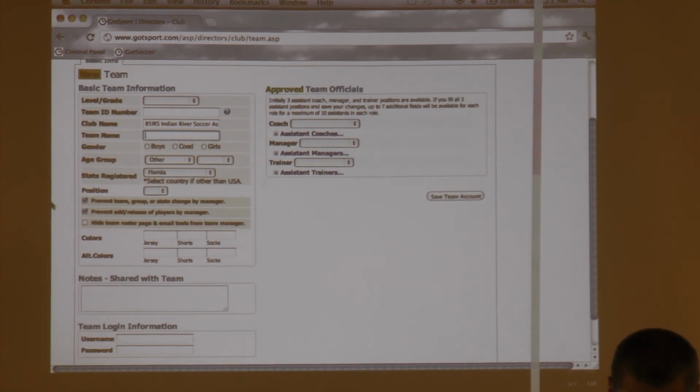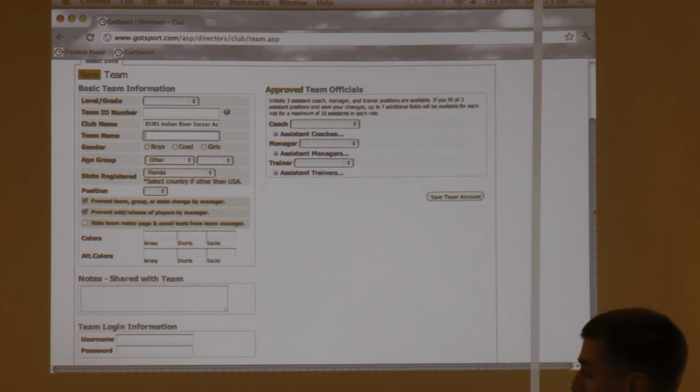Here you can prevent team, group, or state changes by the manager, and the adding or releasing of players by the manager. Pretty much that way the coaches and managers can't add or release players without your consent. Everything has to go through the club. You can hide the team roster page and email tools. I probably wouldn't want to do that. The only thing that's really used for is if you're building recreational teams and you don't want the coach to have that